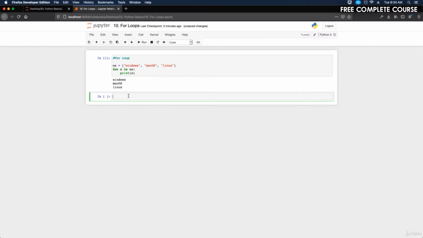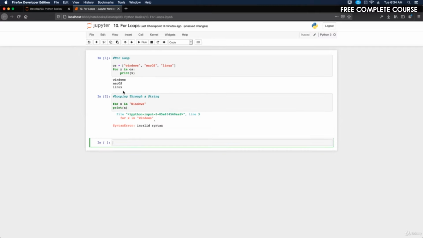So let's comment this out first, and we'll do looping through a string. What it's going to do is separate each letter. So if we do for x in Windows, print x, it's going to separate all the letters out. So if I print that,